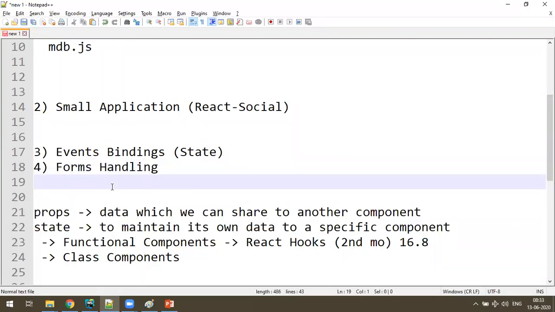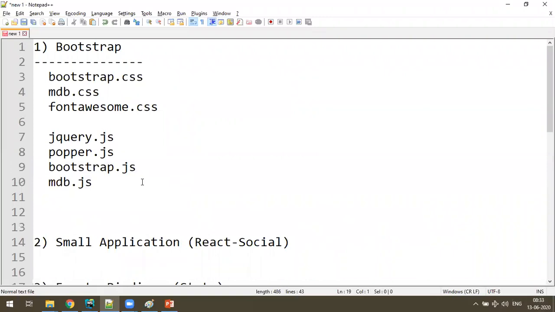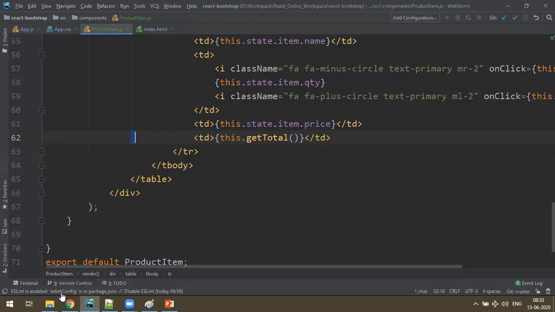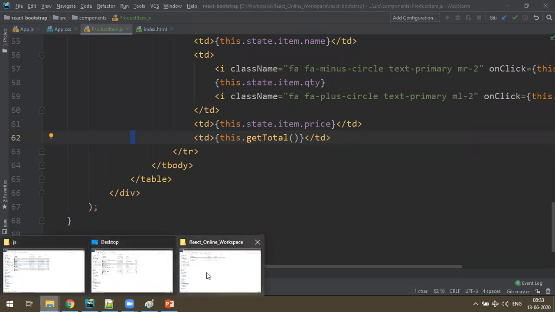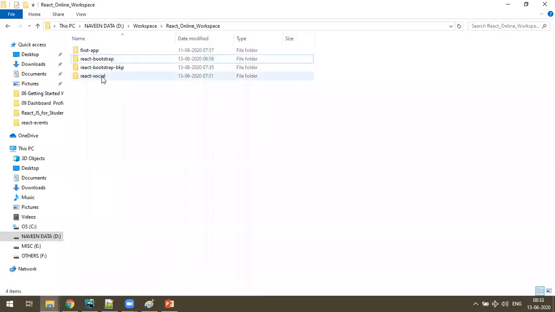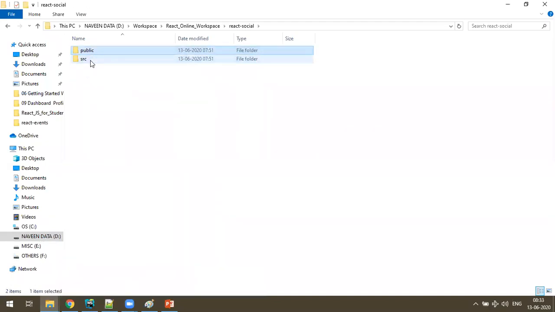Now a very important thing I want to tell you. We have made some applications, so you need the source code. We made React Social, Bootstrap, and this is events. I'll modify the folder names. For every project I'm going to share only two folders, public and src. You have to create a new fresh React.js project, and replace its public and src folders with mine so that you get the application.